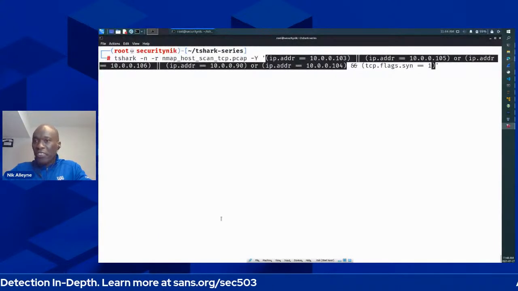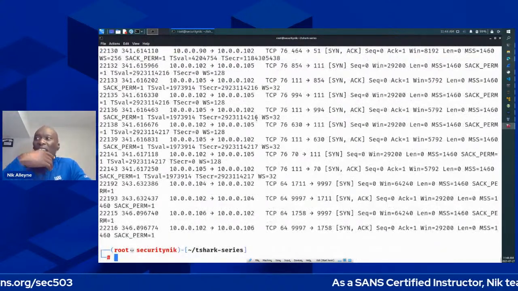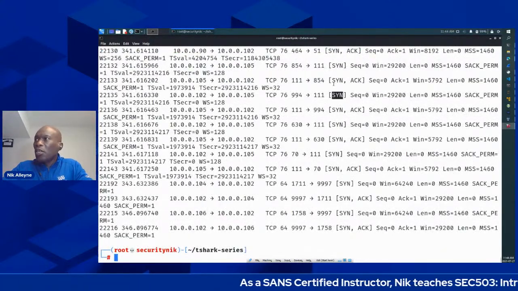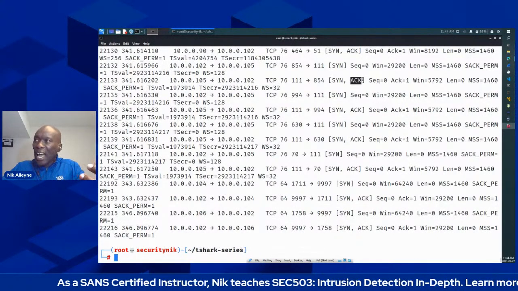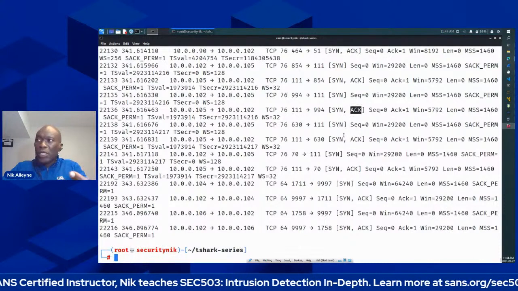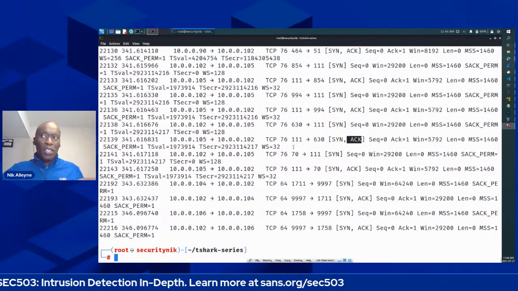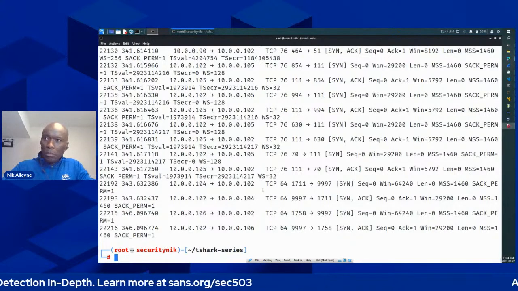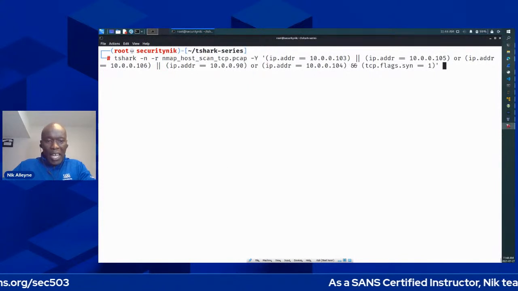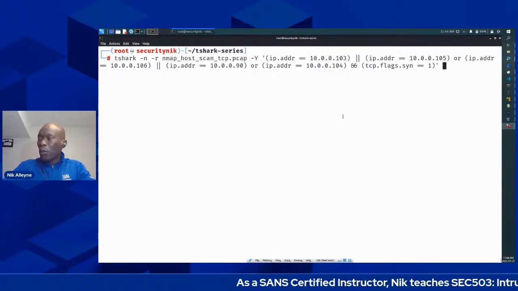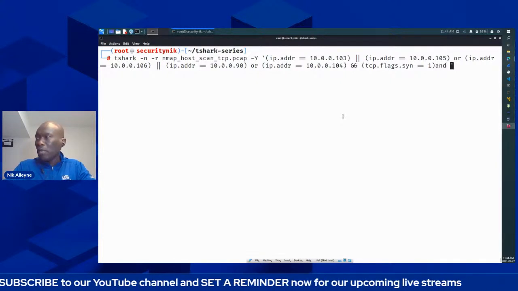Now, when we run this, we see, yes, we have packets where the SYN flags are set, but we still have a problem. We're looking for the stimulus. And here you can see SYN ACK, which means these are more than likely responses. These are not what we want. We want to stay focused on only the stimulus. So we now have to, let me clear this screen first, and run this filter again. And in running this filter again, we will say, and this time, and